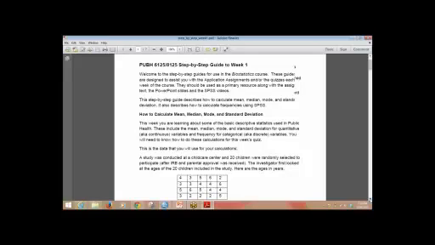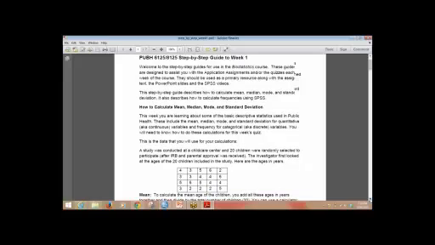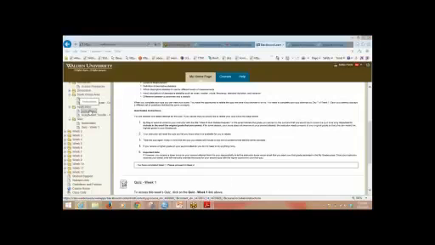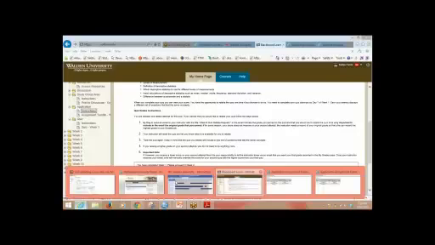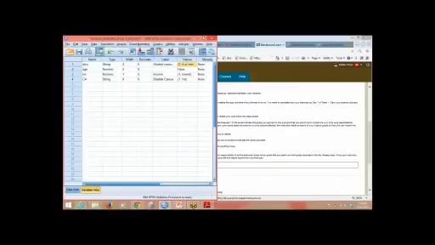I'm pulling it up now, but I think what it was asking you is what the variables were. So when you're in SPSS and you go to variable view, you can see the actual variables. This is for the step-by-step guide, so this is not the answers for your actual assignment.